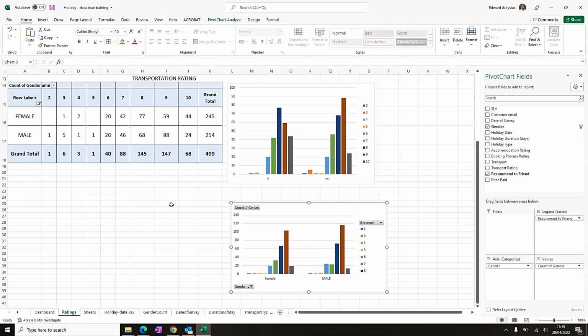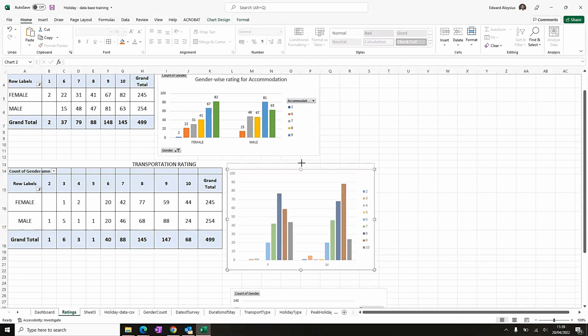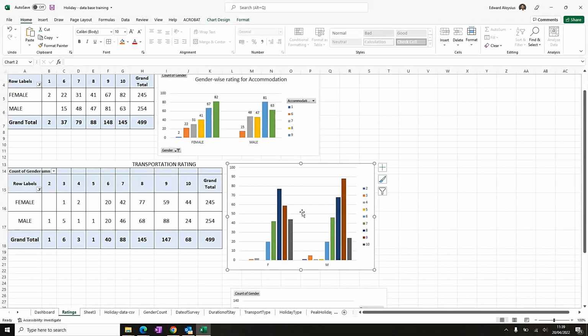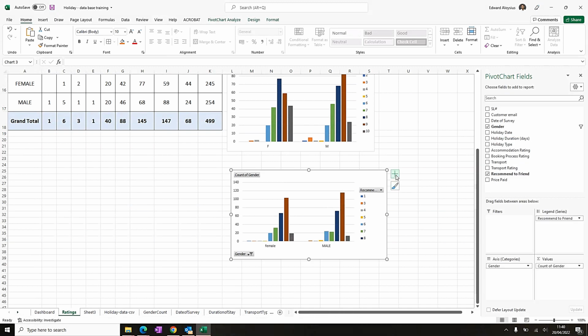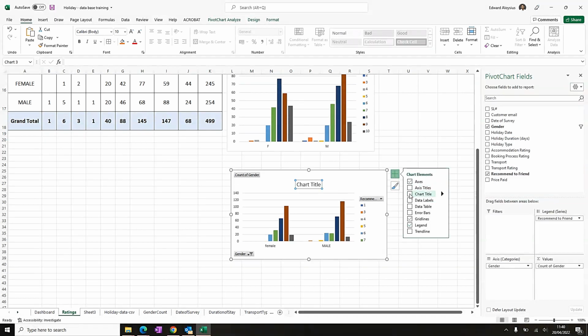Move it around here. I think with this chart we forgot something, which is the chart title, which can be gender-wise rating for transport, just to keep it the same as what we did for accommodation. And here, let's see, the chart title would be